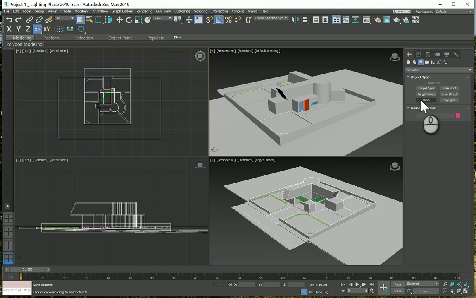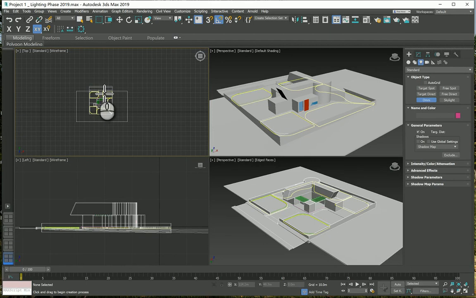I know there are way better systems to light your scene. This one is, I think, one of the fastest ways to get acceptable results. There are, of course, way better techniques. Anyway, I'm going to go with 3 Omnis, and I'm going to place them like a triangle,